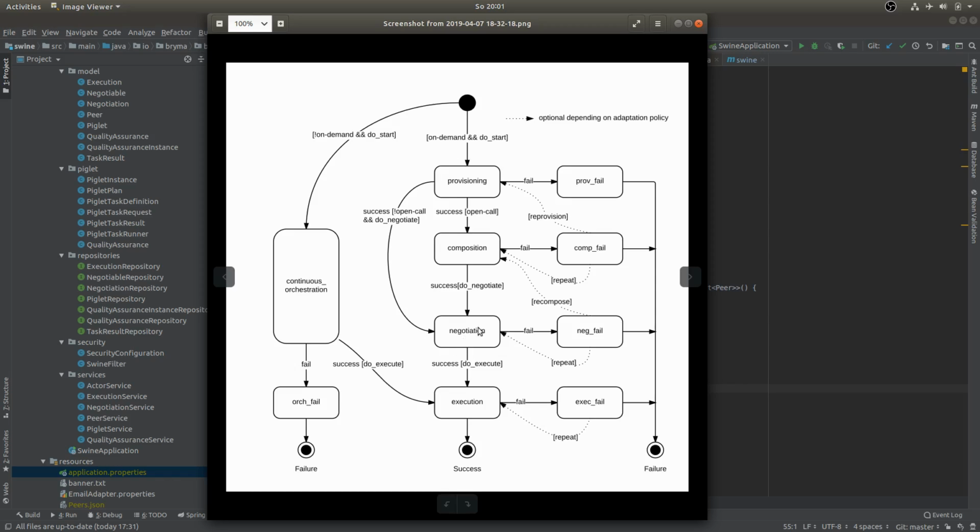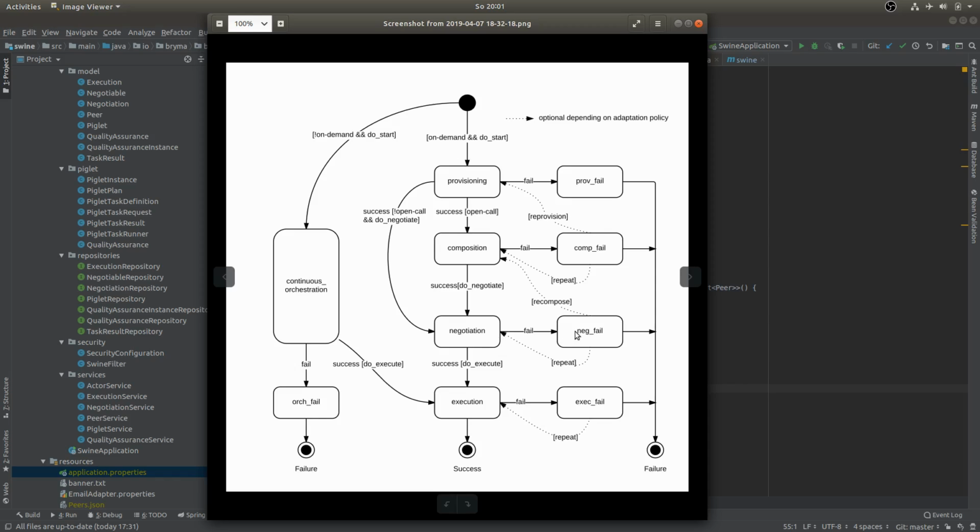In this part, we are going to be initiating negotiation with different collectives, and we're going to be reaching an agreement with one collective, which is then sent with a delay plan to the execution state,